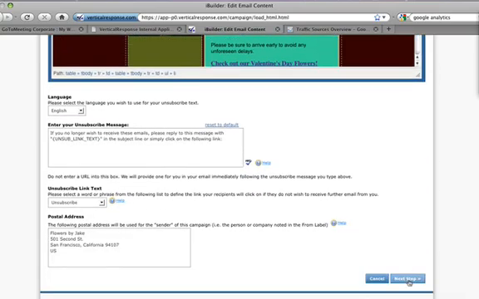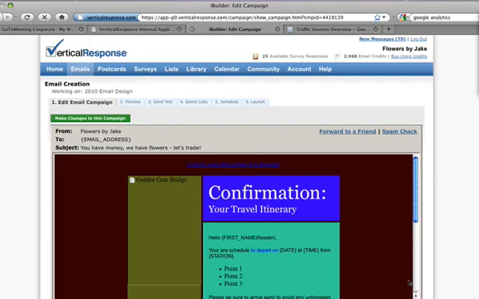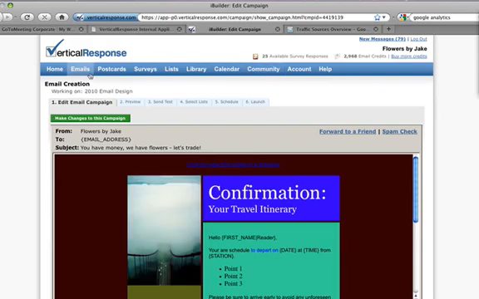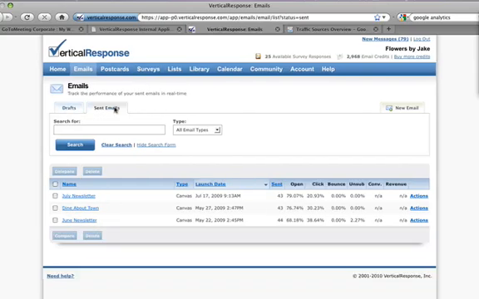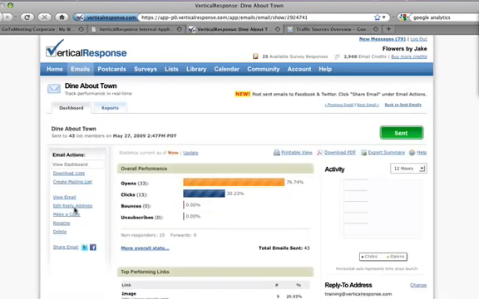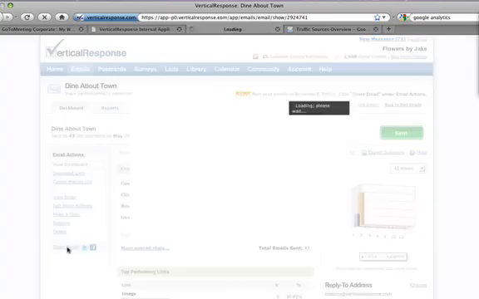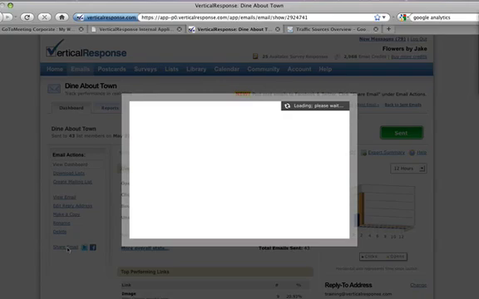So now let's talk a little bit about the reporting and the social sharing stuff that I mentioned. You probably already have seen that Vertical Response has just released a new social sharing feature in our system that lets you actually share your sent emails, as I just mentioned before. To access that feature, you go in to any email you've sent out, either under Sent Emails or under Reports on your homepage. And you see there is a Share Email link down here. So you click Share Email,